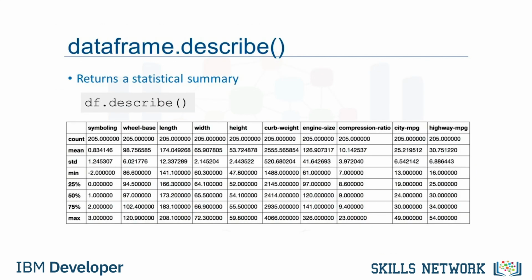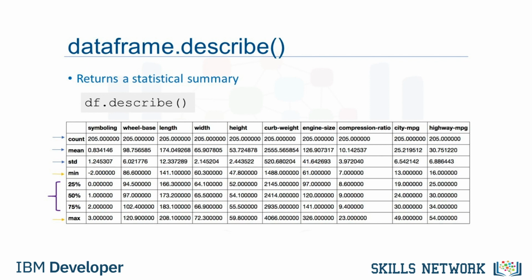Now, we would like to check the statistical summary of each column to learn about the distribution of data in each column. The statistical metrics can tell the data scientist if there are mathematical issues that may exist, such as extreme outliers and large deviations. The data scientist may have to address these issues later. To get the quick statistics, we use the describe method. It returns the number of terms in the column as count, average column value as mean, column standard deviation as STD, the maximum and minimum values, as well as the boundary of each of the quartiles.